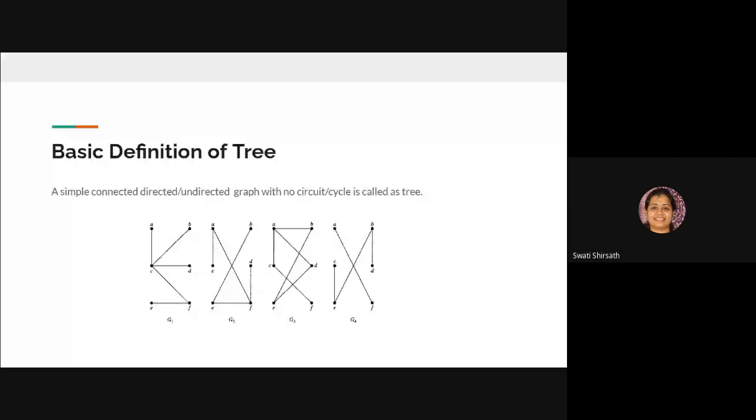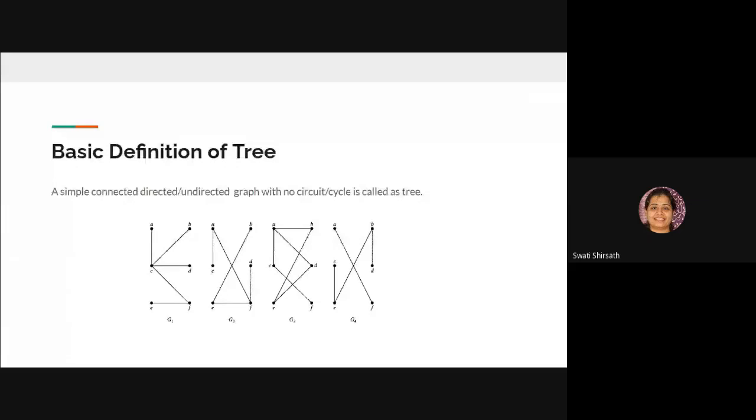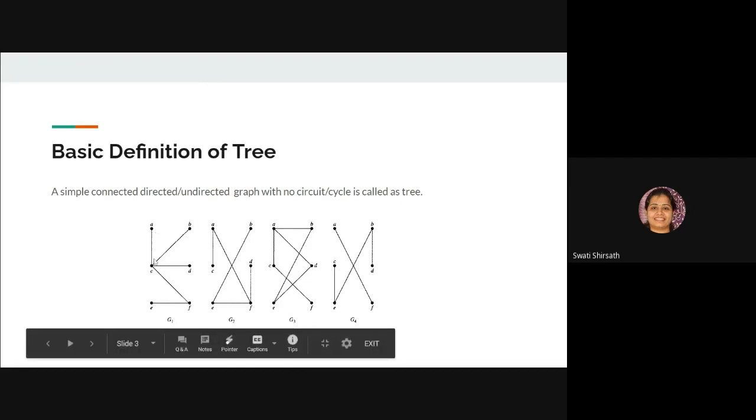Okay, so the graphs we have learned till now were closed diagrams. Closed diagrams means we were talking about square, diamond, triangle, pentagon, hexagon. Those were closed diagrams, they were not open. But now in a tree we have these types of structures where there are no circuits. See, if you look at this diagram, there is no circuit. Okay, this is a tree, this is a tree.